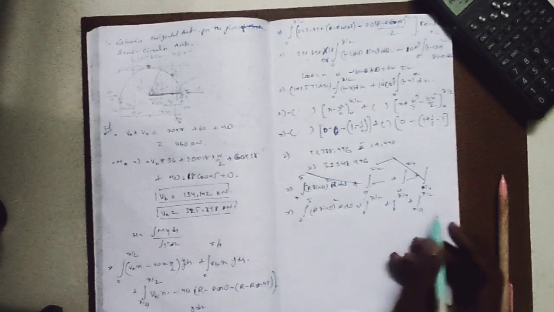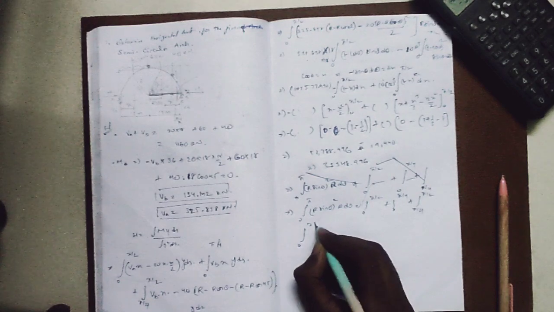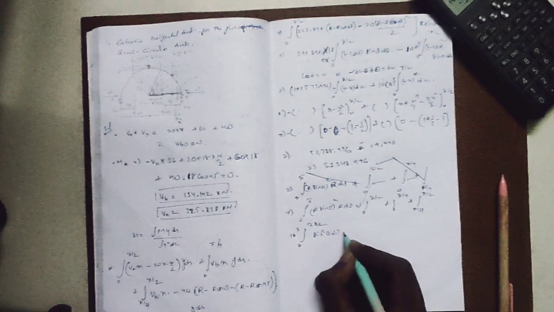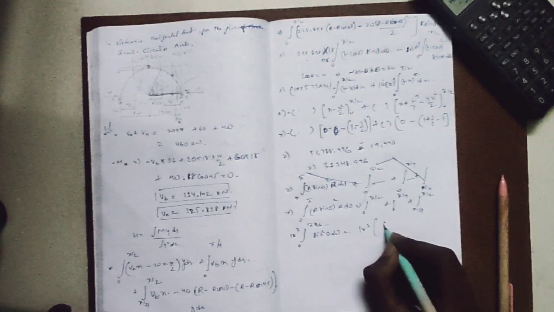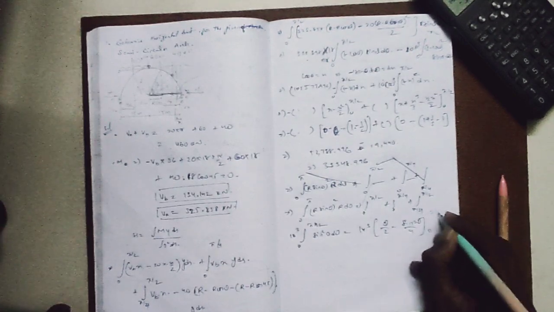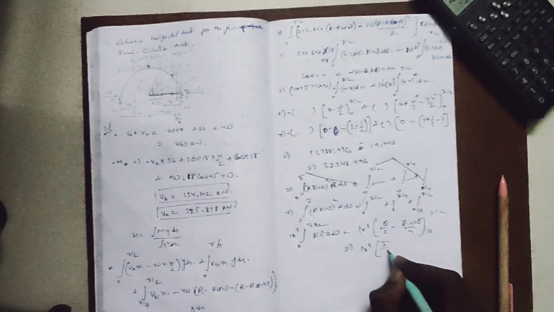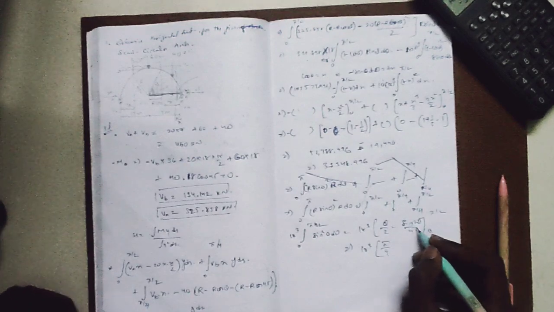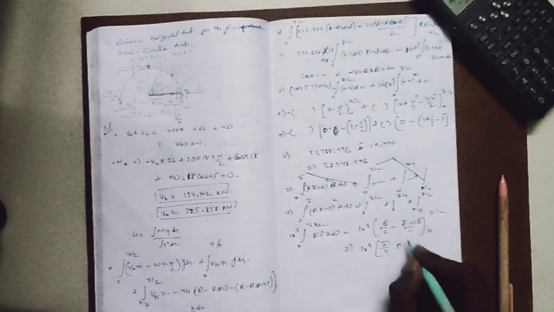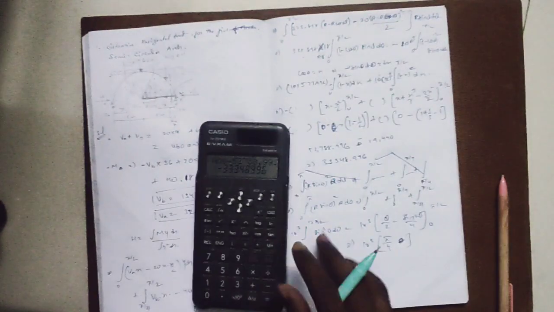Okay, let us split these limits, and 0 to pi by 2, r cube, right, sin square theta d theta, so 18 cube theta by 2 minus sin 2 theta by 4, 0 to pi by 2, so r cube pi by 2 means pi by 4, sin pi means 0, 0, 0, this is the value,